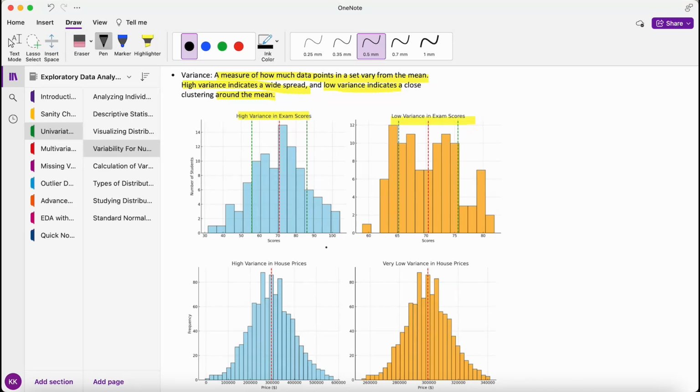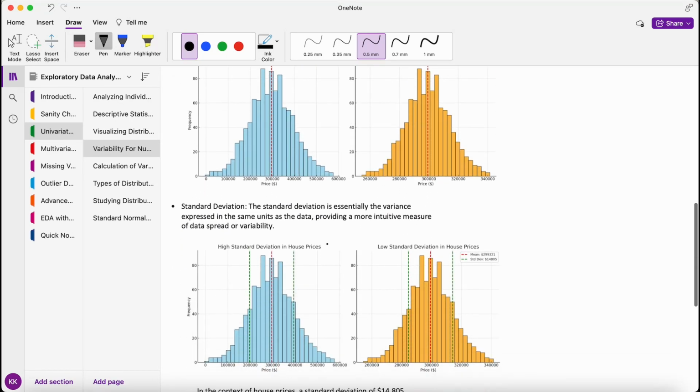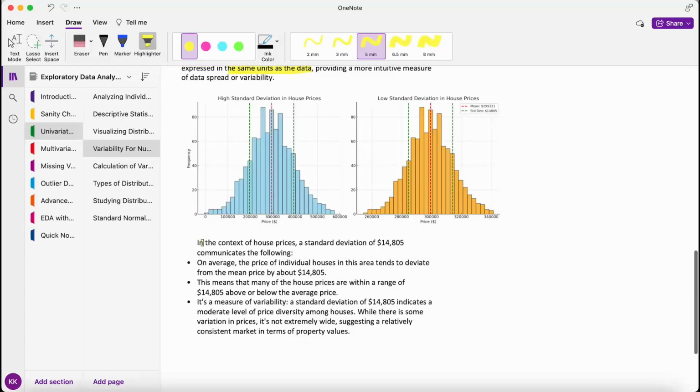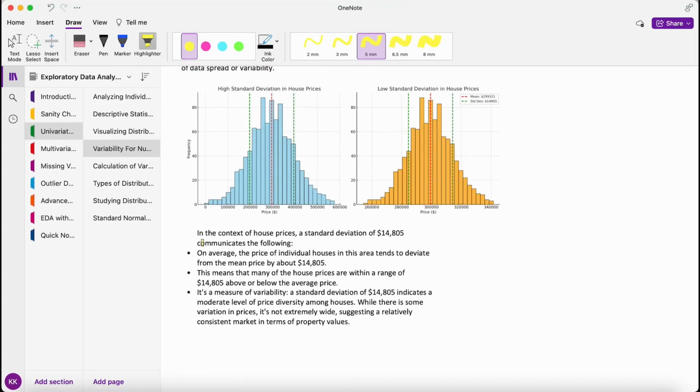Now let's check standard deviation. The standard deviation then builds on the concept of variance. It is the square root of the variance and is expressed in the same units as our data, making it more intuitive to interpret. It tells us, on average, how far each data point is from the mean. In practical terms, let's take the example of house prices. If the standard deviation is $14,805, this indicates that the individual house prices in this dataset tend to deviate from